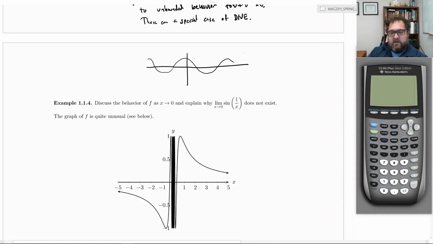This is a very weird function that has trouble with the limit, and that's because these oscillations are so fast. So just to be clear, just because a function oscillates, that's not the problem. Here it's the problem that it oscillates so darn fast that